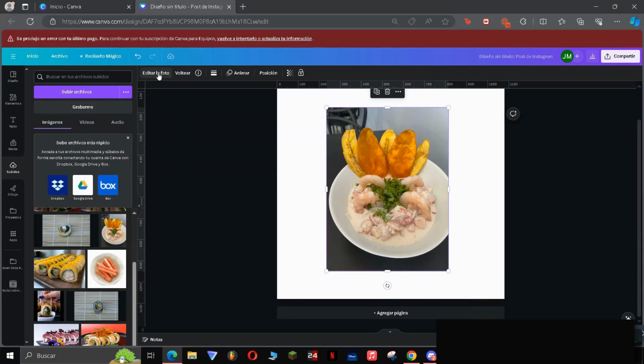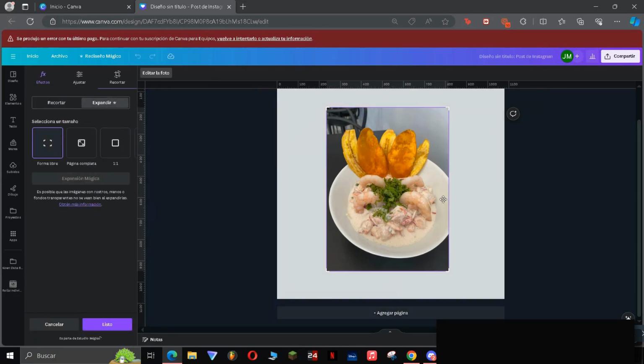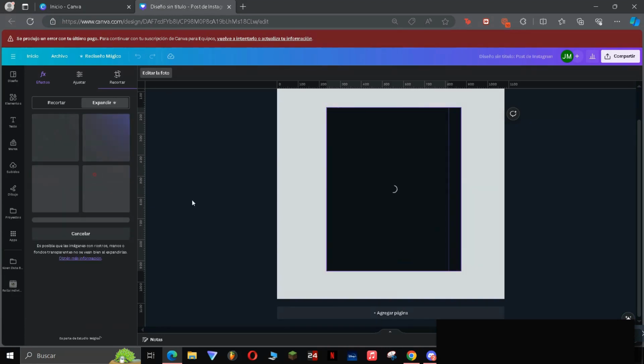And in order to do that, we're going to select the image and go to edit, and then use magic expansion. Magic expansion is basically a Canva tool which uses AI to expand images and try to complete them, interpreting whatever is going on in it. So I'm going to expand this image to this size in order to see if Canva can actually complete what is lacking. So we use magic expansion,